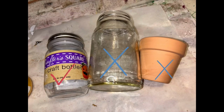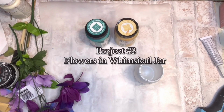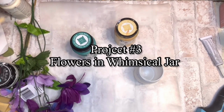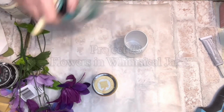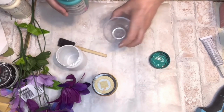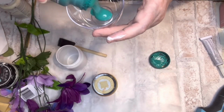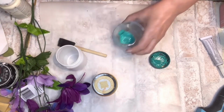And this project only uses that plastic jar on the left there. I actually took them all outside and spray painted them white like the prop-ups, but the small clay pot broke on the way in and the other jar was just too tall. So we're doing just that little plastic jar. It was a Halloween jar. I'm not sure what makes it Halloween, but